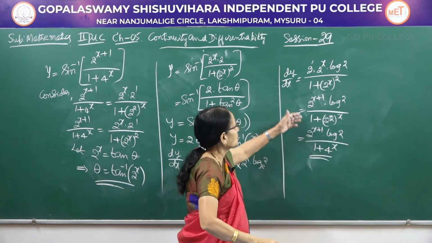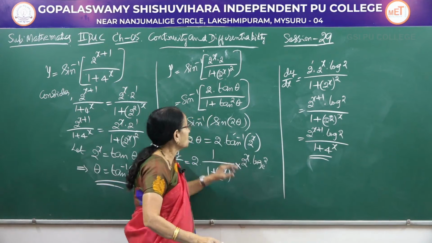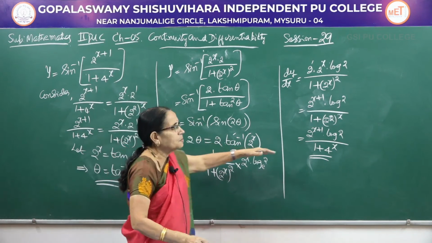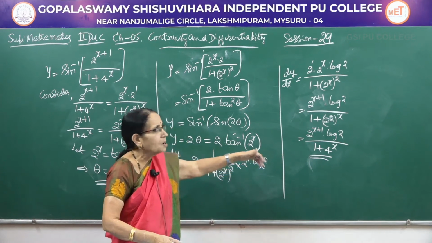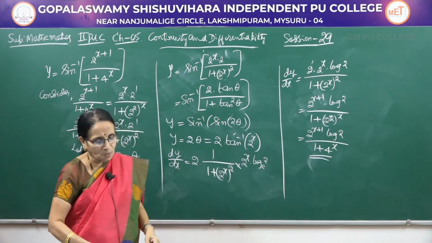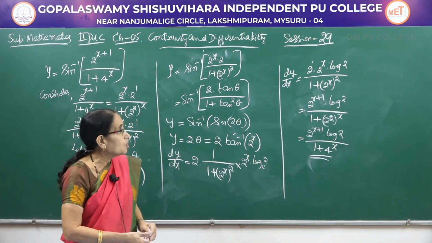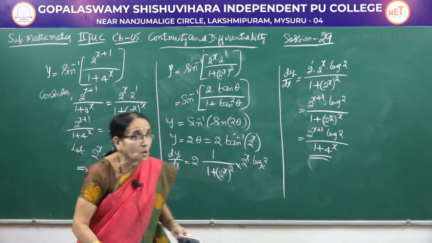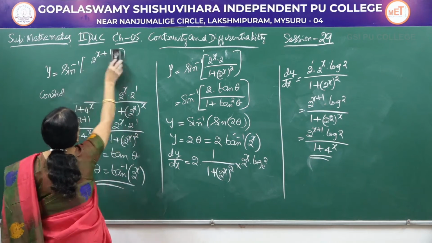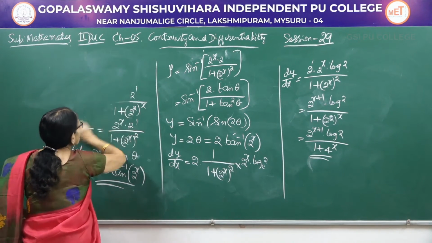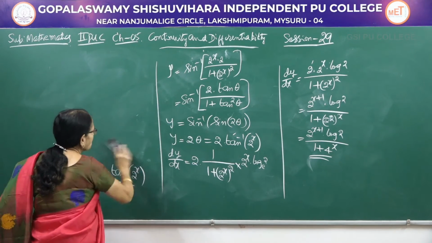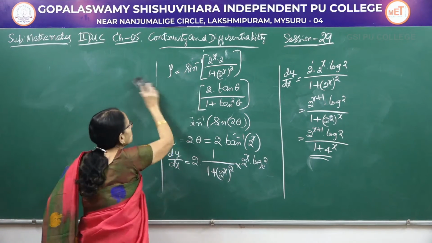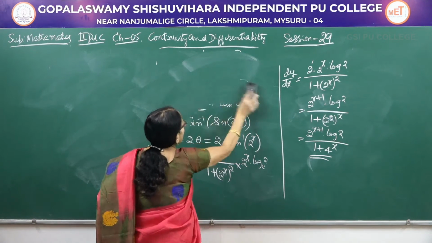And why am I writing this, you could have stopped here itself, because the problem was given like this. I am trying to write the answer also in terms of the same terms here. So, this is the derivative of the function. Here I made use of the knowledge of inverse trigonometric functions. For that too, I have to express that in the simplest form. Now, this is how you have to solve the problems here.